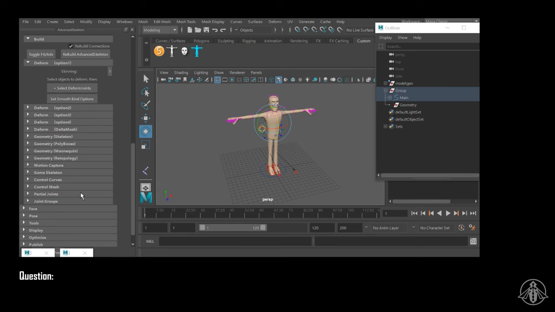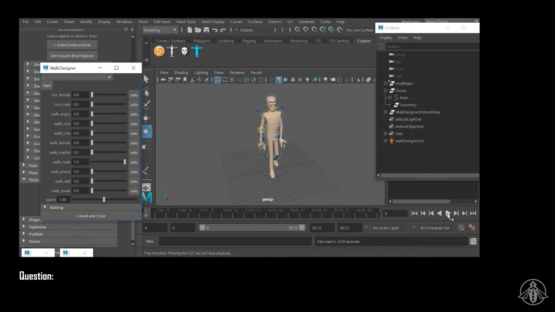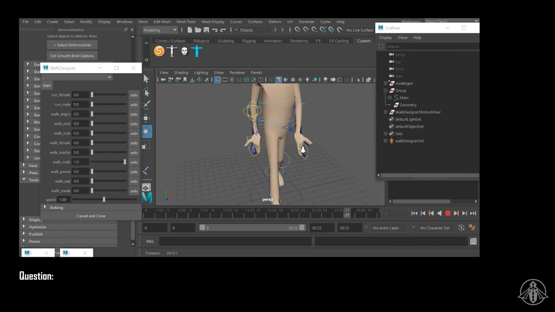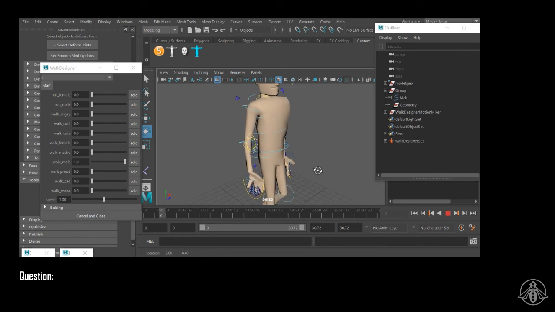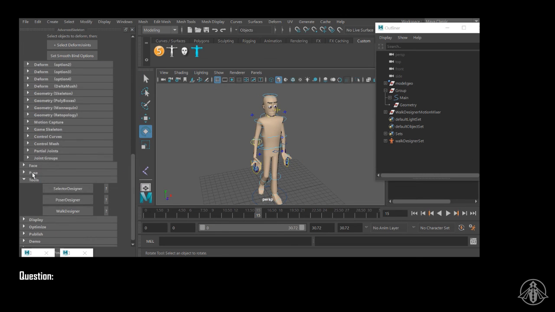And if you wanted to see if it's working really quickly, you can drop him into the walk designer. His fingers are going to be a little weird, obviously. Yeah. That's a basic skinning, smooth skin. Again, I would rather use the cage, and you can adjust the cage, and if you need to adjust the shapes in the cage, once it creates it,